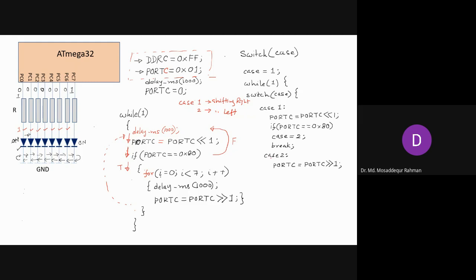So once you change the value of case to 2, it will not enter in this case 1. So it will not shift right anymore. It will now enter here, where it is shifting in the opposite direction, right? And again, here also you check if